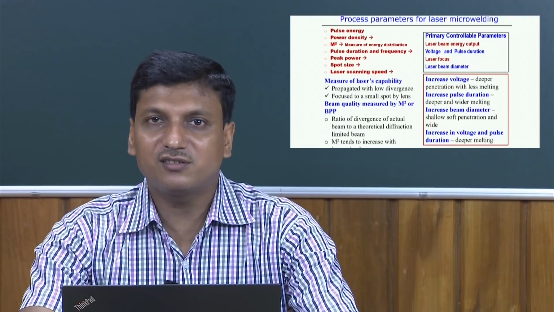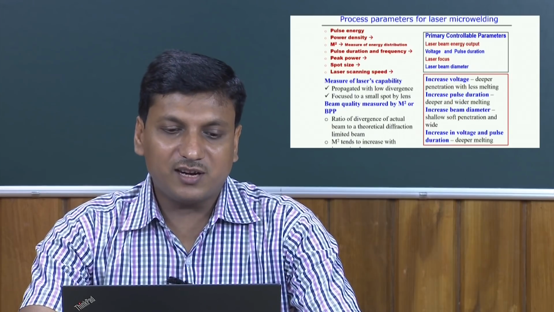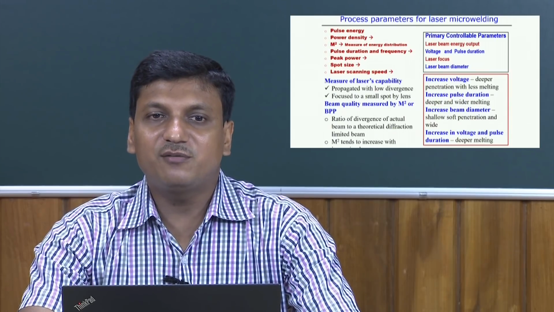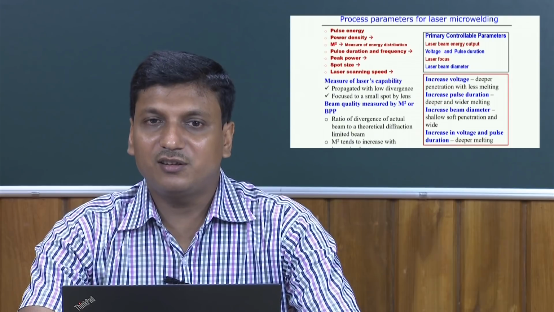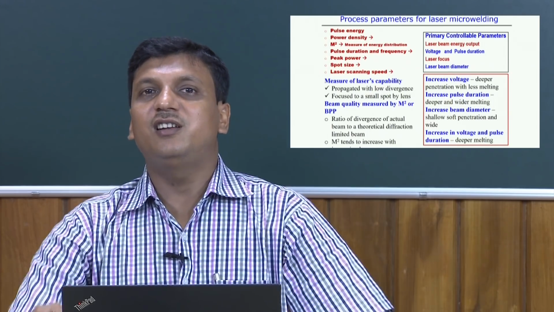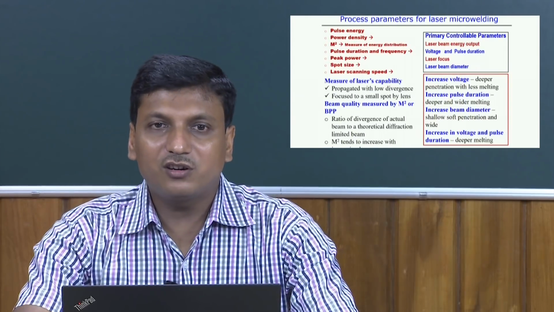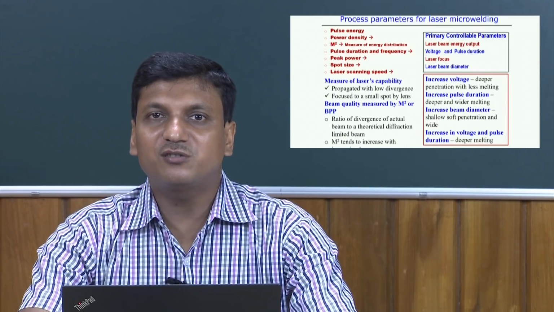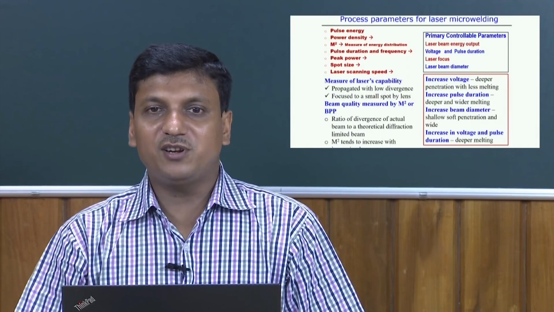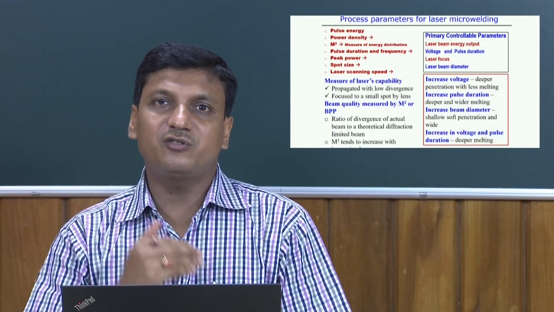Of course, laser beam quality is measured by the M square value or the BPP value. The ratio of the divergence of the actual beam to the theoretical diffraction limited beam is the measure of M square, and M square tends to increase with increasing laser power. So, basically M square decides the different modes, and BPP the quality, that means BPP is measured in terms of the laser divergence angle. So, all these parameters are very much sensitive in any manufacturing process